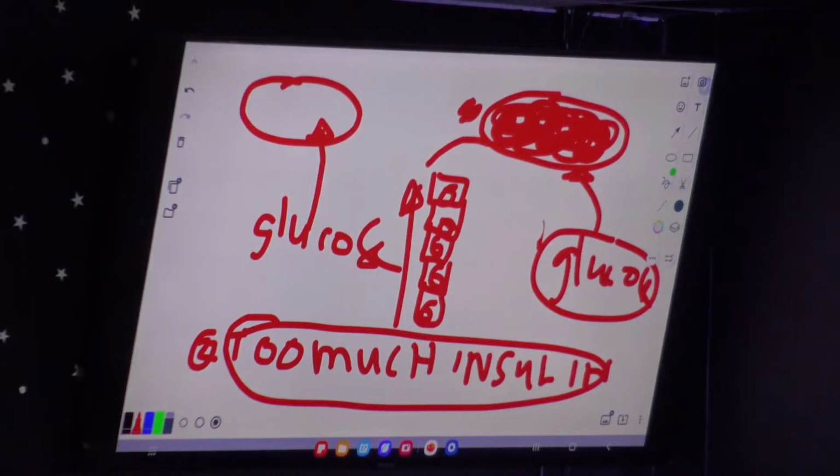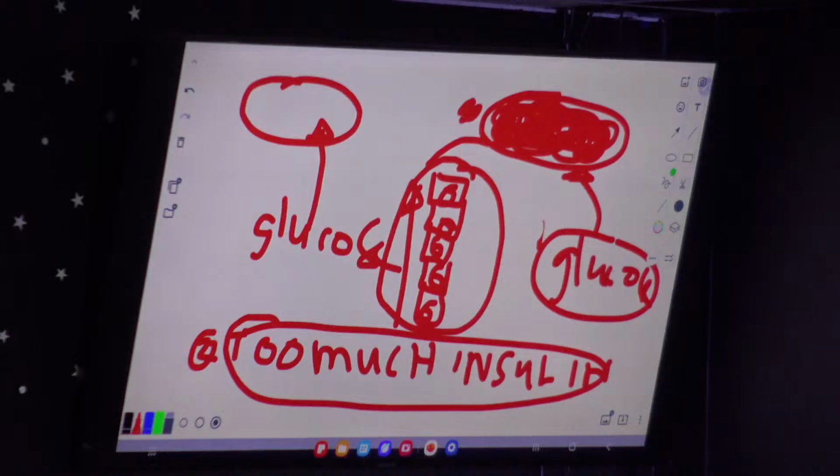So initially, this cell started like this. It resulted in glucose accumulation in the blood, and because of a high glucose accumulation in the blood, the pancreas had to produce a commensurate higher amount of insulin. That high amount of insulin is that CEO that has gone cuckoo, that the employees no longer respect. When the employees no longer respect the CEO, insulin is no longer respected by the cells. The cells do not take in glucose from the blood or do a lousy job. So more and more glucose accumulates in the blood.